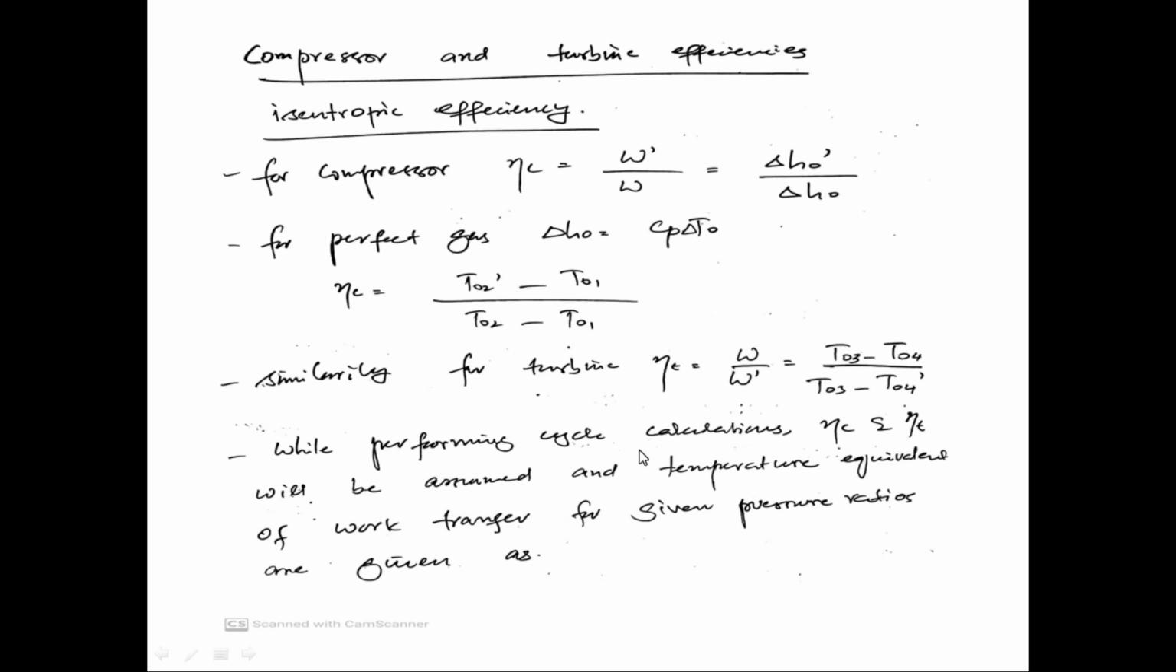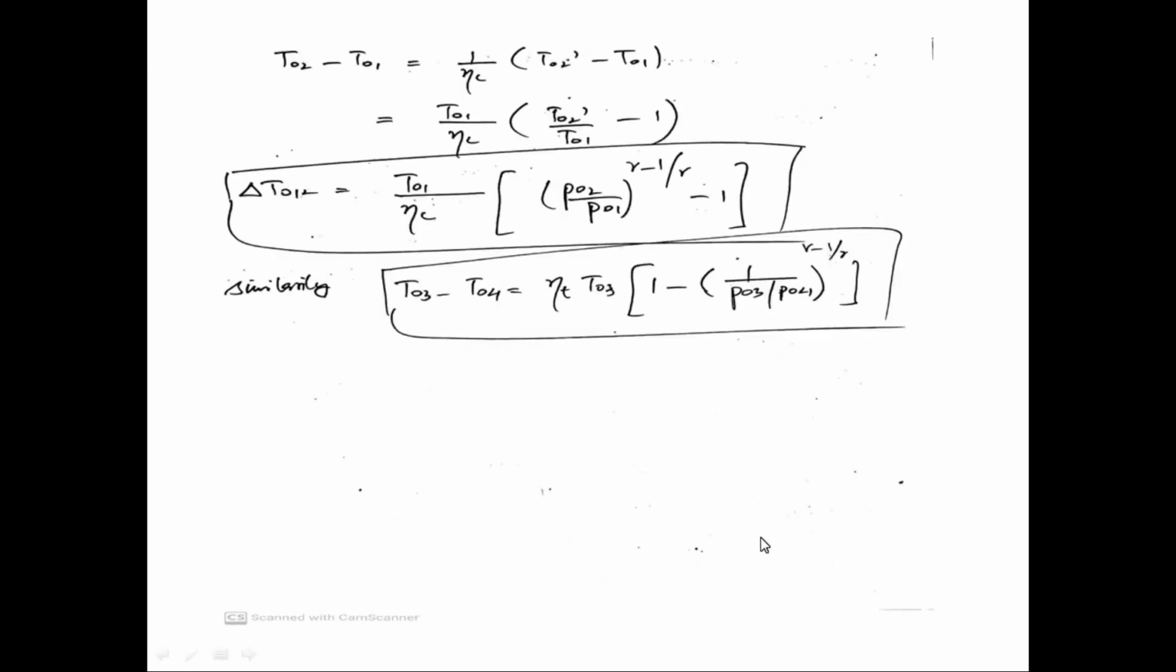Now while performing the cycle calculations, the compressor efficiency and the turbine efficiency will be assumed, and the temperature equivalent of the work transfer for the given pressure ratios are given as follows. We can write the actual rise in the stagnation temperature from state 1 to state 2 as T02 minus T01 equals 1 over compressor efficiency times T02 dash minus T01, and we can now replace